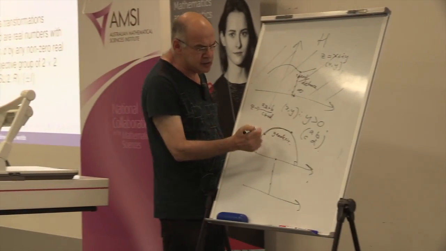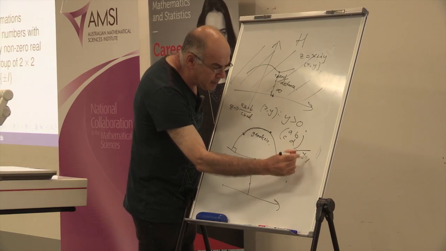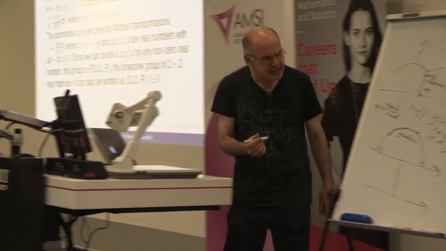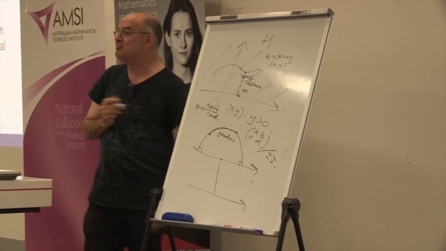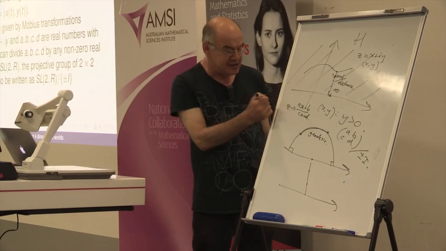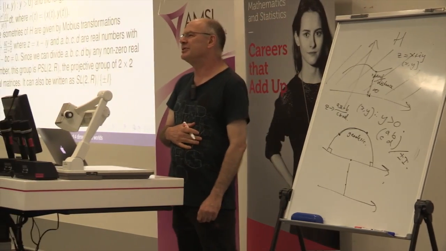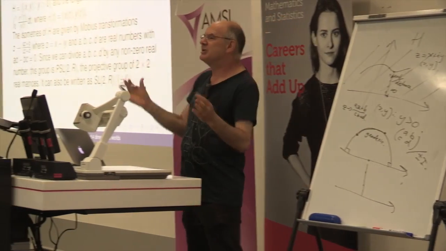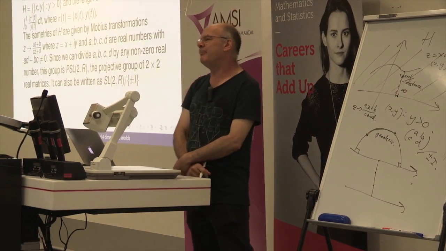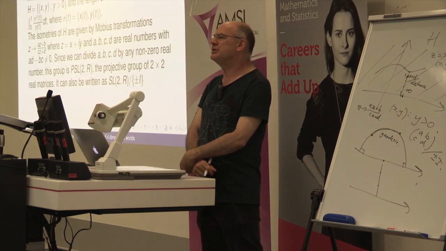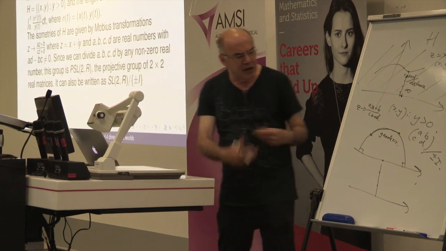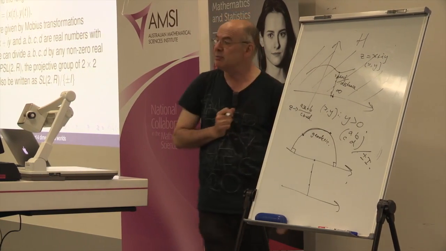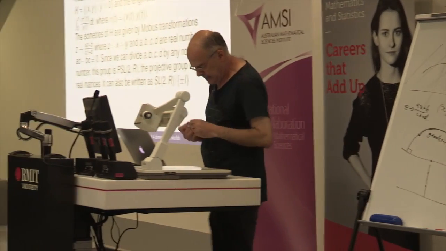where the determinant is 1 and we have to divide out by minus the identity, because if you take A is minus 1 and D is minus 1 and B and C is 0, obviously you get the identity transformation. So if I want to represent this by a matrix, minus the identity is the trivial map. So I have to do this little quotient to get the right answer. It's a very cute, nice exercise. If you compose these things, it's the same as multiplying these matrices.